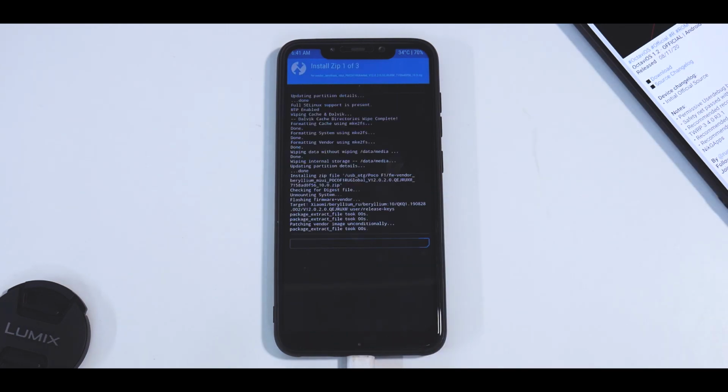Swipe to confirm flash. Now, of course, these are 3 heavy files, so it will take anywhere between 2 to 5 minutes, the usual drill that you see on Smartphone Tutorials. But there's a small thing that I'd like to share with you while we are flashing these ROMs. A lot of people have been asking me, you flash so many custom ROMs, doesn't the internal storage of your phone get damaged? Don't you kill the life of the phone?